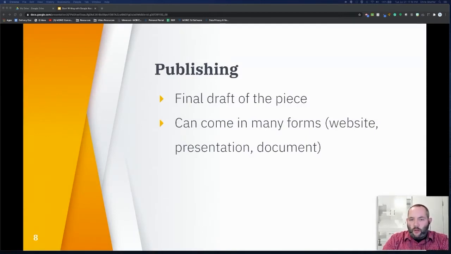Finally, we'll talk about publishing. Here, basically what's going to happen is once the author's completed all the previous steps, and sometimes more than once they've gone through those steps, they can take what they've created and make a final draft of the assignment. This could be for academic or professional review, or sometimes it's actually published out to a wider audience via the internet. This can take many different forms, whether it be a written paper, a website, sometimes even slide presentations like the one I have today, or a video.